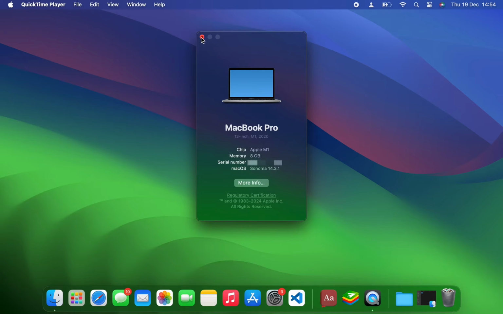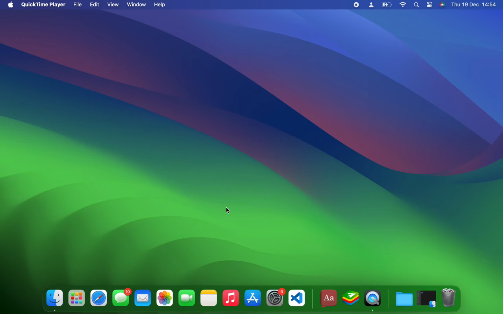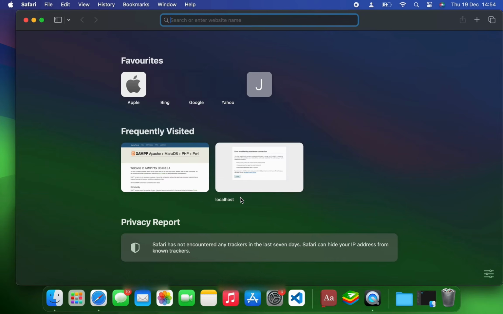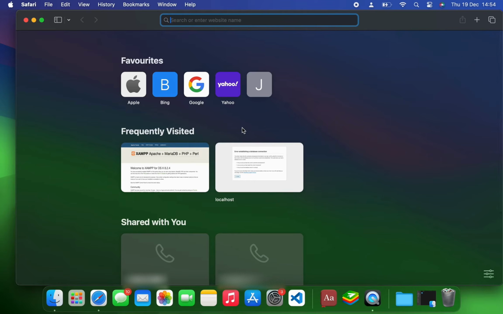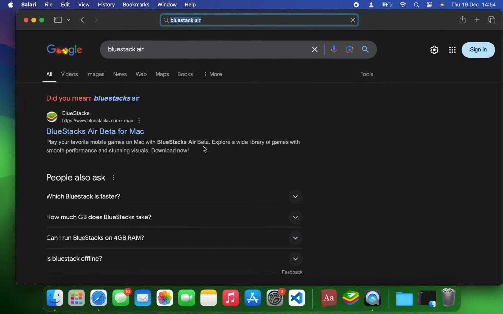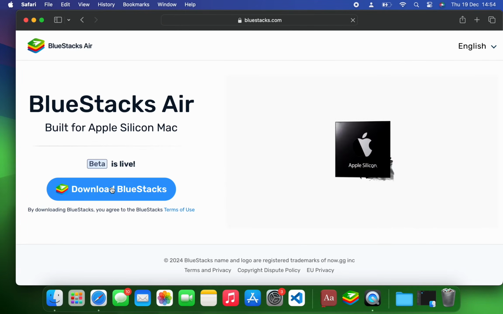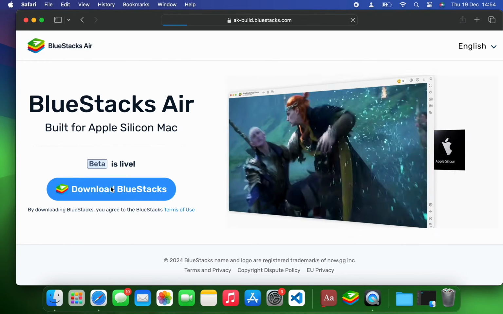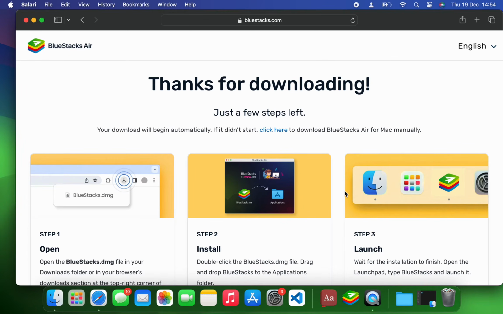Now let's install. Head to your browser and then search for BlueStacks Air. Now click on the first link to BlueStacks Air Beta for Mac and then download BlueStacks Air. After downloading, we can close our browser